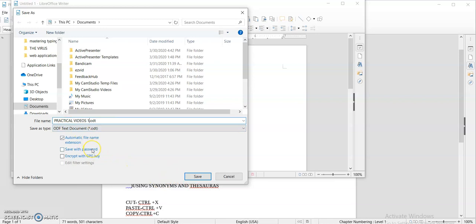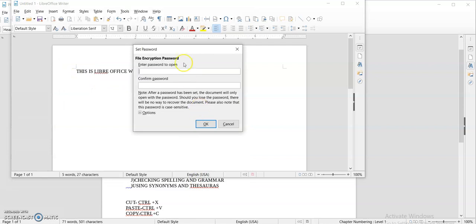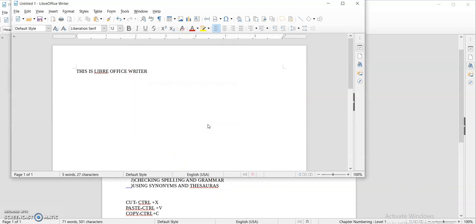If you want to save the text file using a password, you can simply tick this checkbox. When you save this text document, it will show you this box. Now enter any password. I have typed 123 for this password. So LibreOffice gives you the opportunity to save sensitive data.